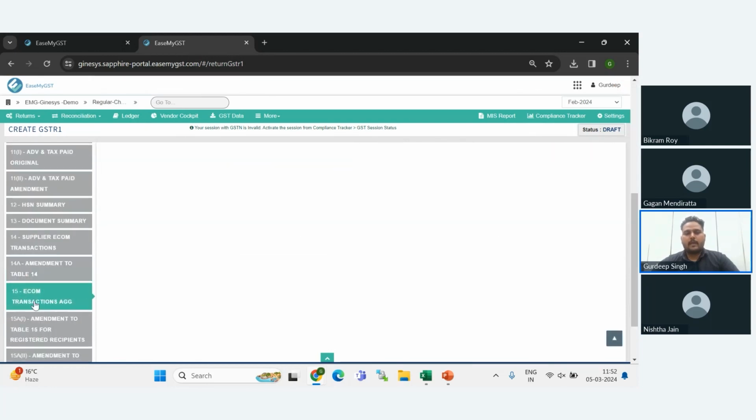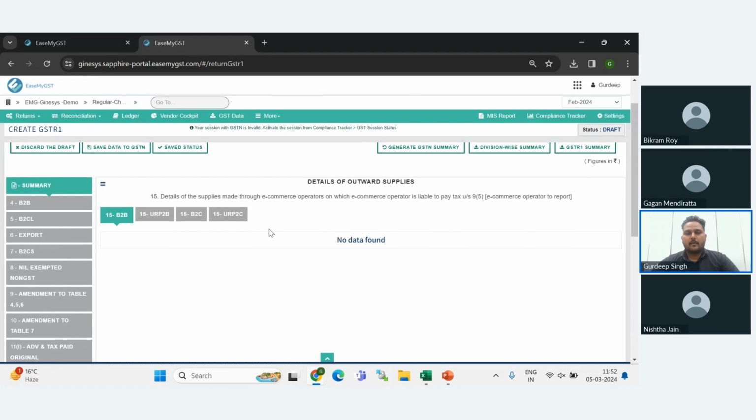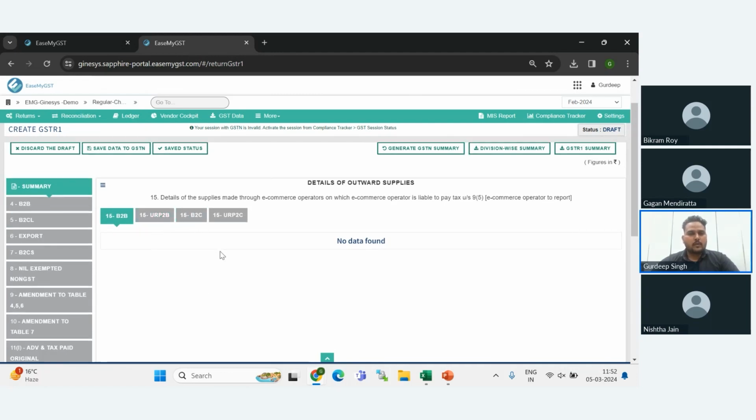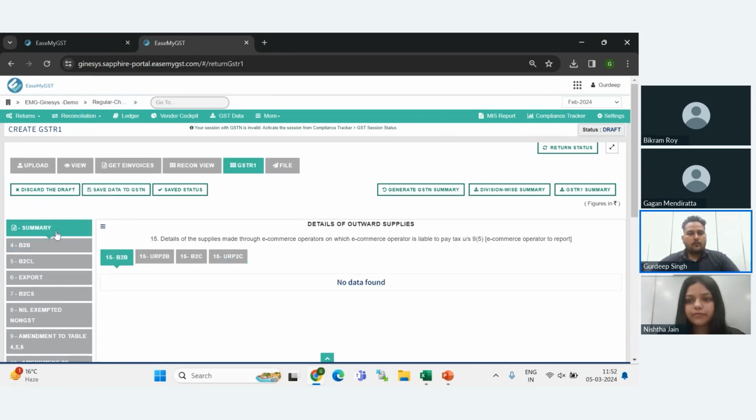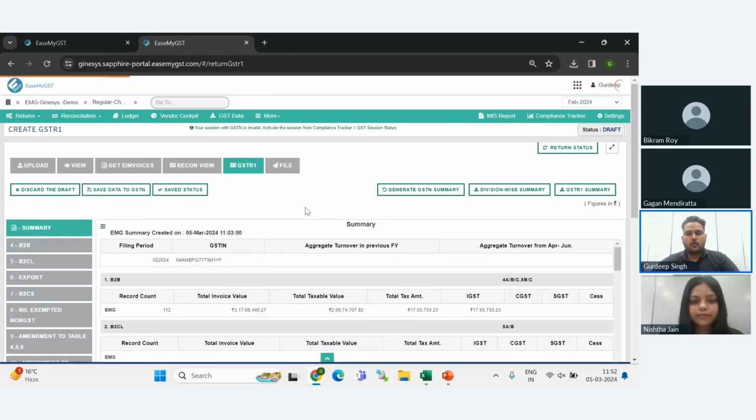And if we are uploading the data for the 15A table, it will show category wise, like section B2B, unregistered person to B2B, and B2CS and unregistered to B2CS. It will show the same. Also, we can show it in the EaseMyGST format,